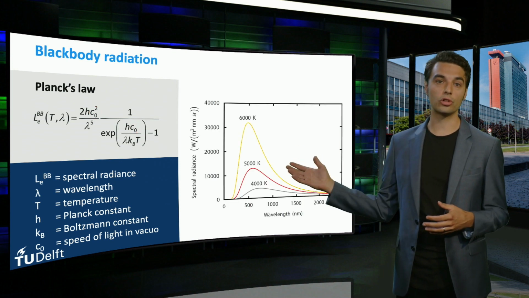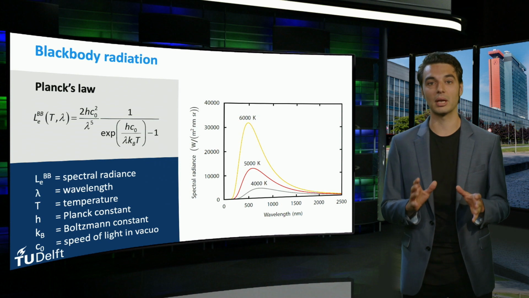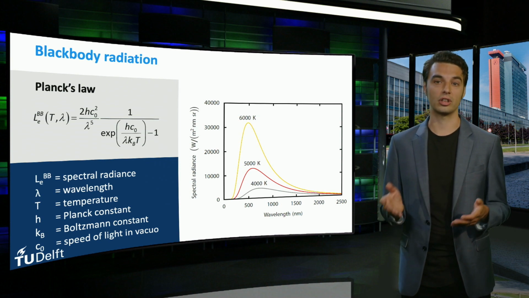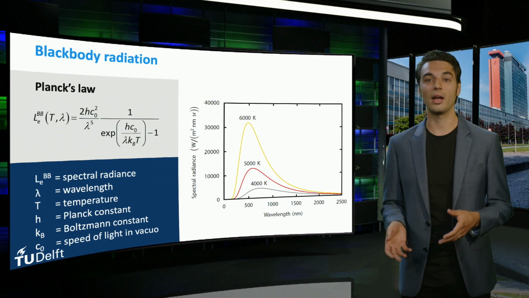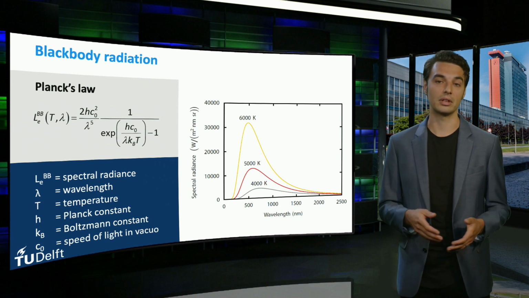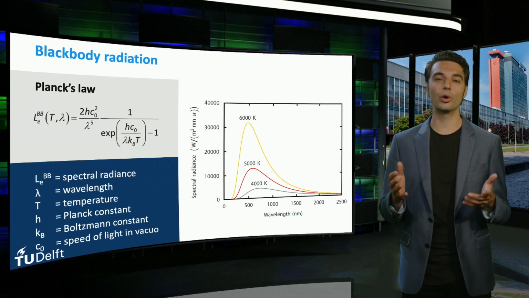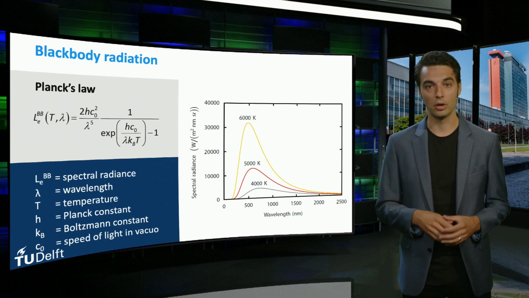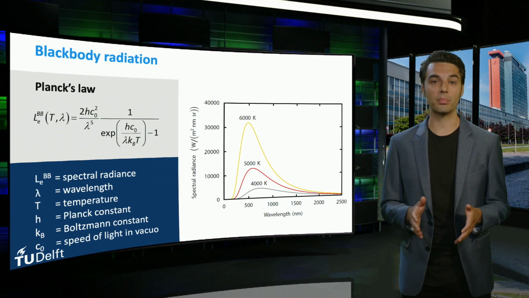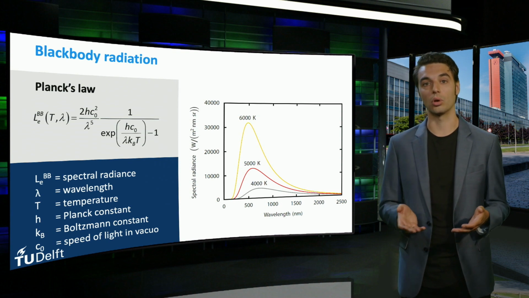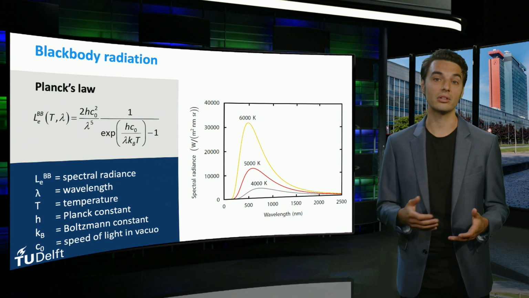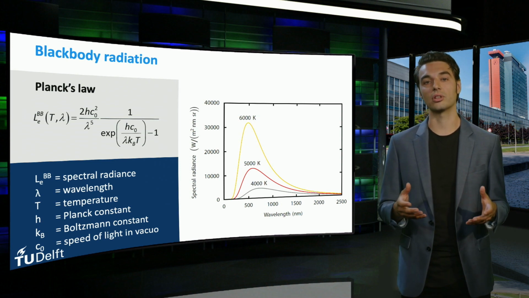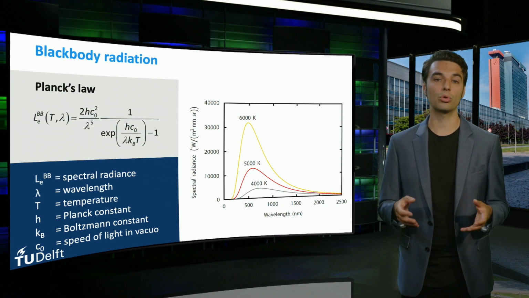This figure shows the spectral radiance of three different black bodies as a function of their wavelength. The bodies have a temperature of 6000, 5000, and 4000 degrees Kelvin respectively. We can see that the total emitted power increases strongly with increasing temperature. Furthermore, the peak of highest power density shifts toward the lower wavelength region with increasing temperature. The surface of the Sun has a temperature of roughly 6000 degrees Kelvin, so the spectral radiance of our Sun